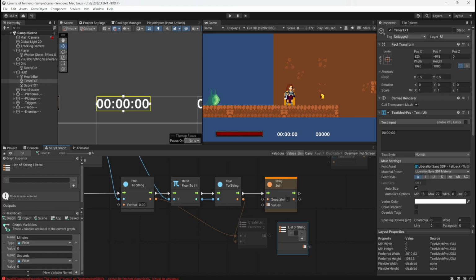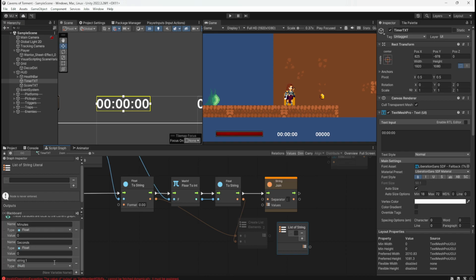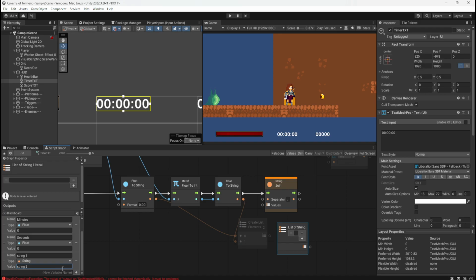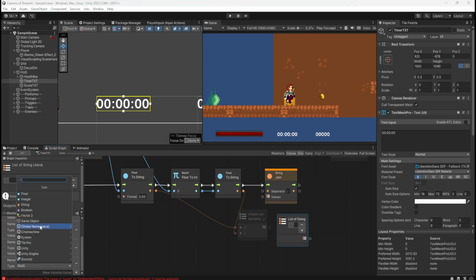Can we not just create variables for those strings? String 1, string 2. Oh. Can we not just do this?